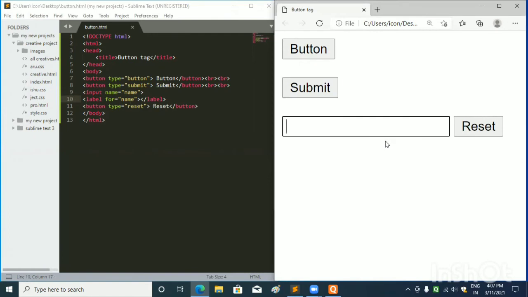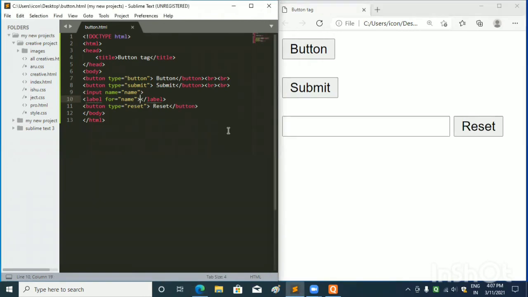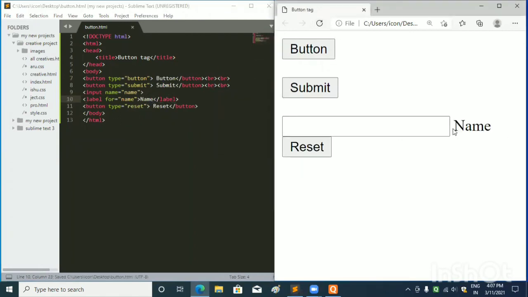You can also write your name over here. So I will write Ishant over here, and I will write name between the label tags in the HTML document. And when you save this and refresh the browser, you can see name over here.